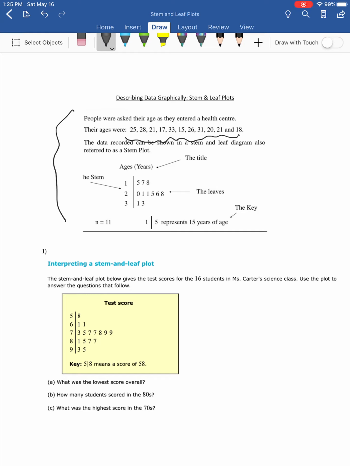So what we have in the stem plot, we have the stem, okay? The stem here represents the tens, okay? So this is going to represent 15, 17, 18, 20, 21, 31, 33, etc. So the stems here represent tens, and the leaves,